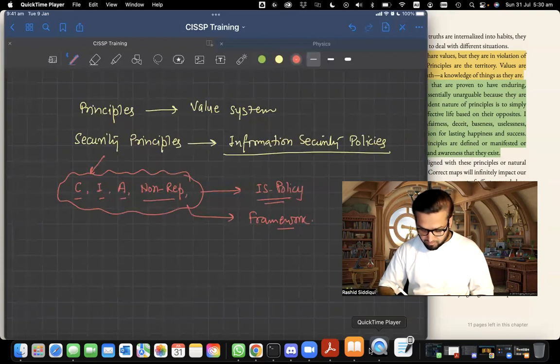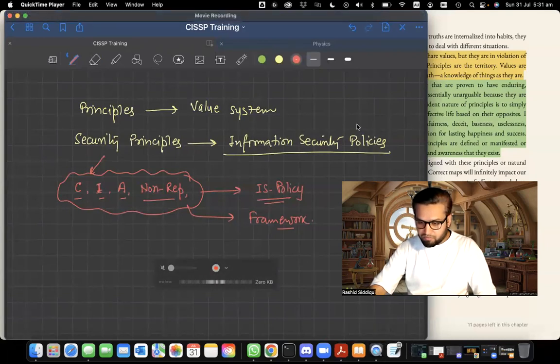So we don't take these terms as just a definition and a concept in information security discussion, but we take it as founding realities, founding principles. Based on these principles, we actually do any assessment of the risk, any formation of a security policy. So this thing we have to keep in mind.